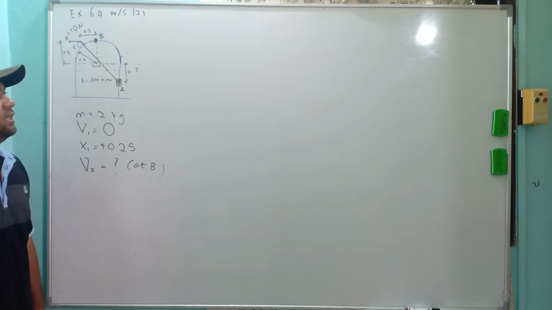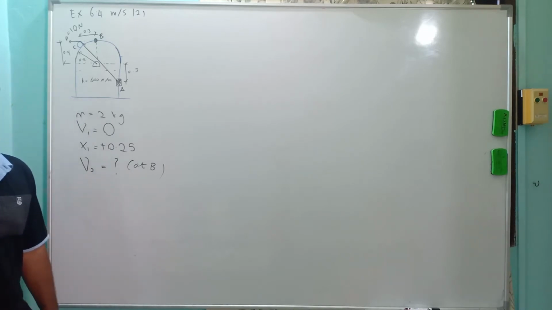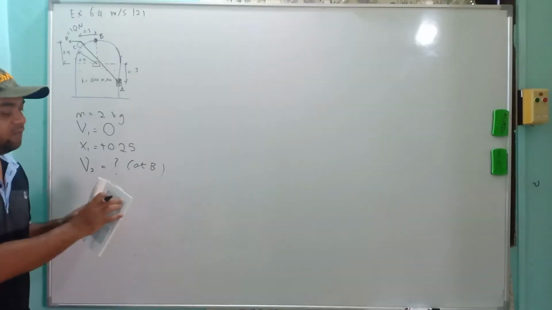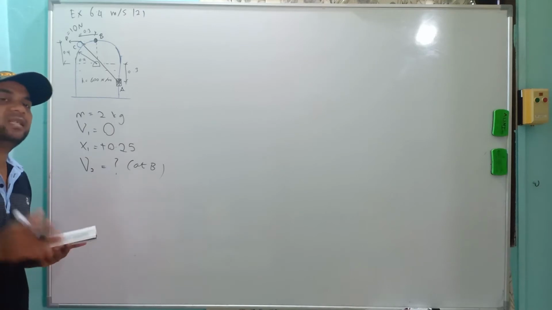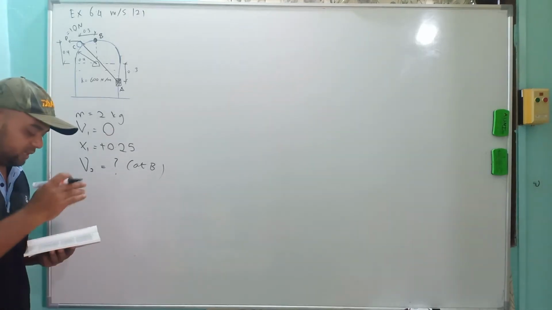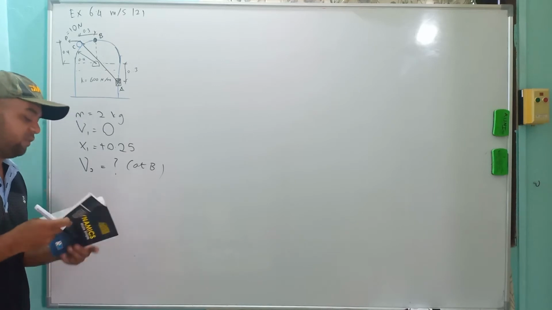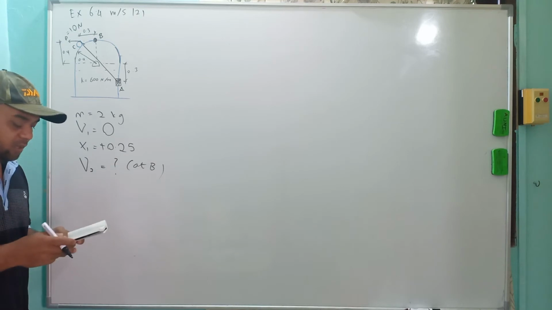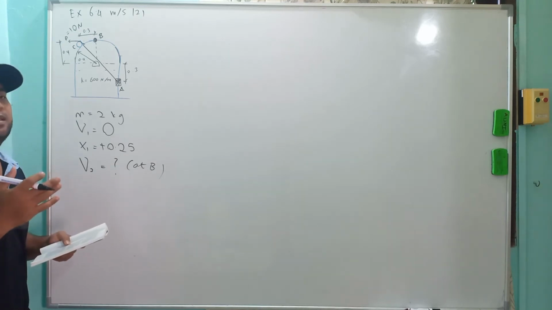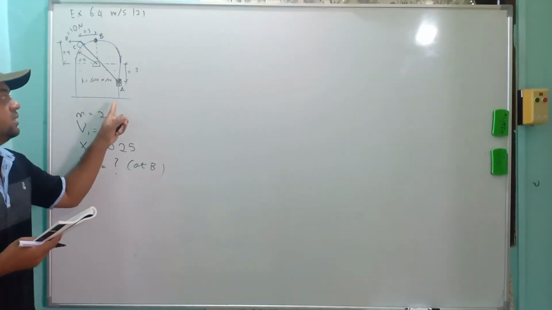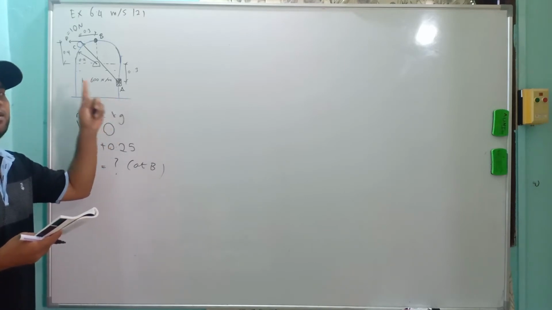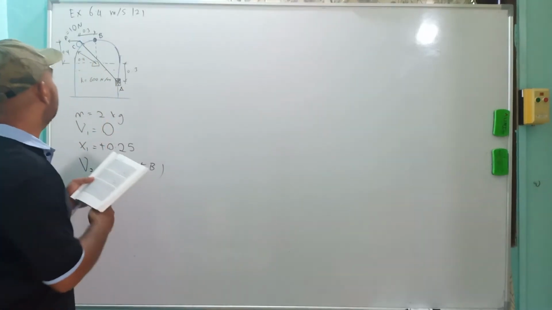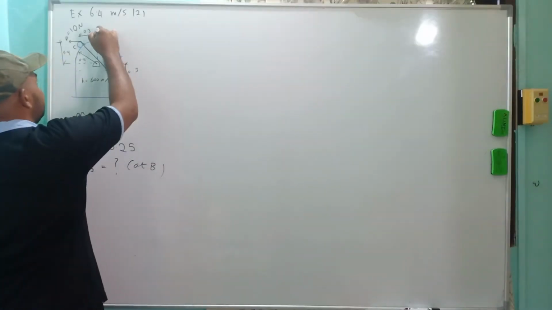Okay, so notice that there are two types of question. The first one is like this one. They only give you one figure, and then you need to imagine what is the position 2. The second one is where they already give you position 1 and position 2. I will show you one example later on with the one that already gives position 2. For this one, it is only given to you position 1, and you have to imagine what is the position 2. So in this case, you want the collar to be here.